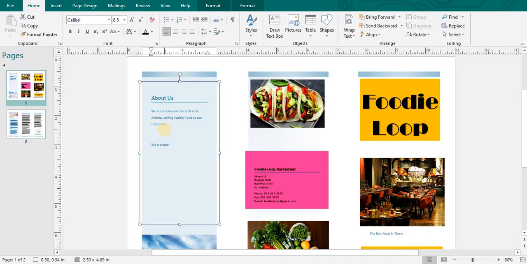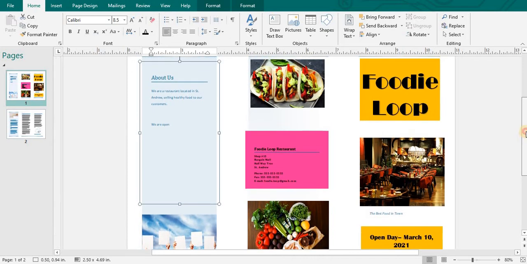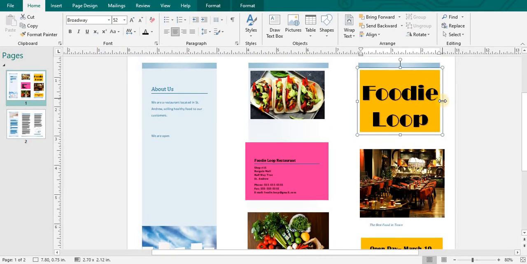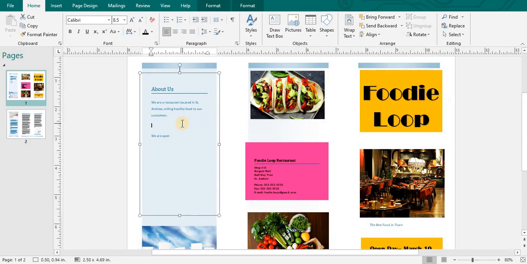All right, so just indicating also to say where the restaurant is located, maybe the opening hours, or maybe the opening hours could also be included on the front page as well. Again, I said based on the structure of the brochure that you are creating. So we are open Mondays to Saturdays